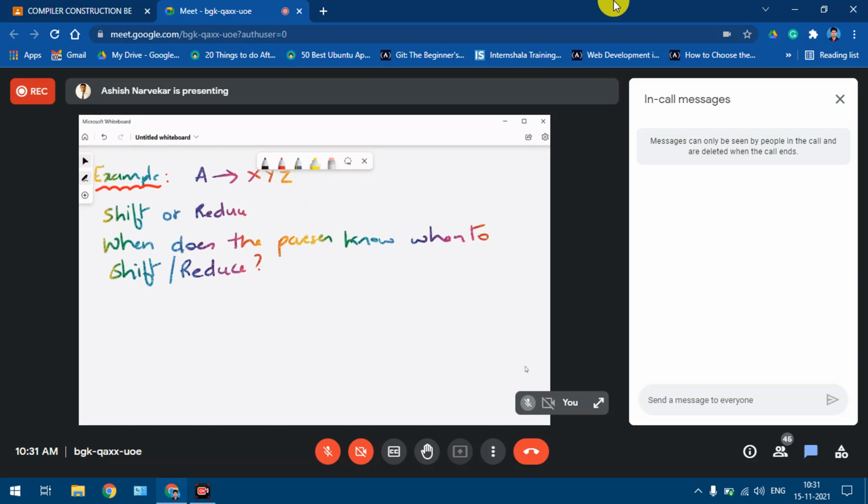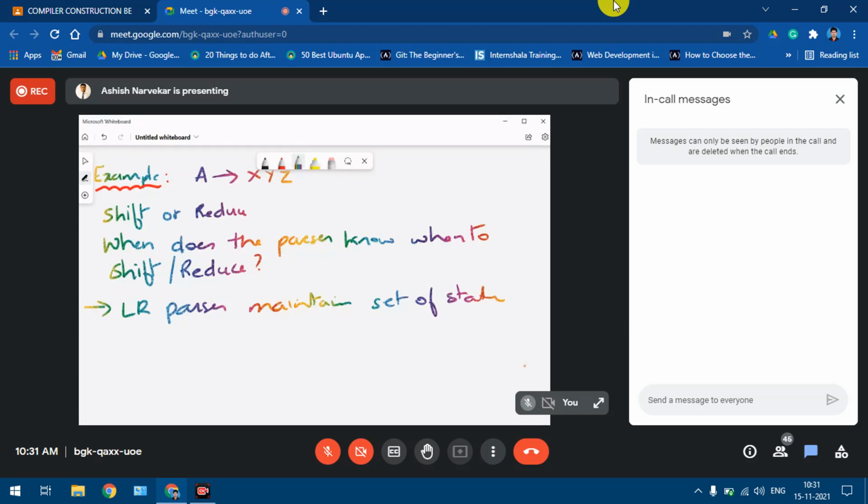So the solution to this is that the LR parser maintains something called a set of states. A set of states is maintained by the LR parser in order to keep track of where it is in the parsing stage at the present moment.